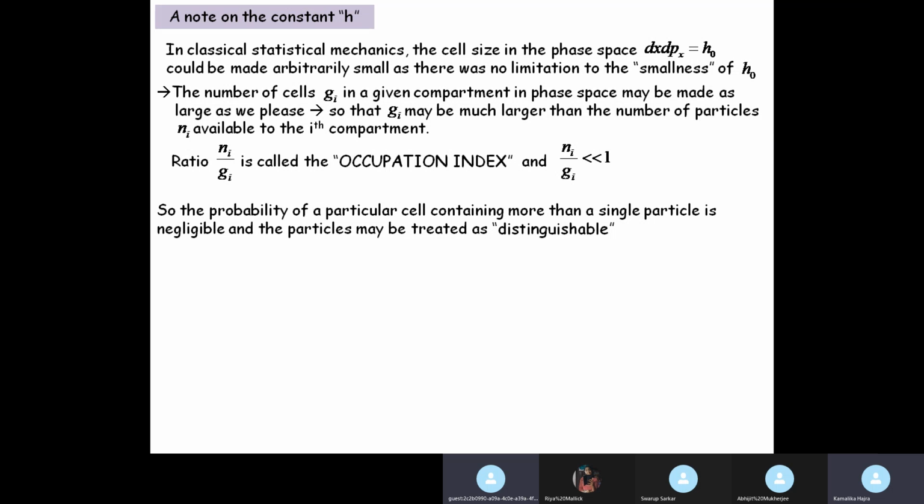Obviously, if there are 50 chairs and there are 5 people, everyone will like to sit comfortably. Each person will go and sit in a chair. There is no chance that a single chair will be shared by more than one particle. And when the teacher comes into the room and sees that there are 50 chairs and 5 students sitting, obviously all the 5 students will be properly distinguishable to the teacher.